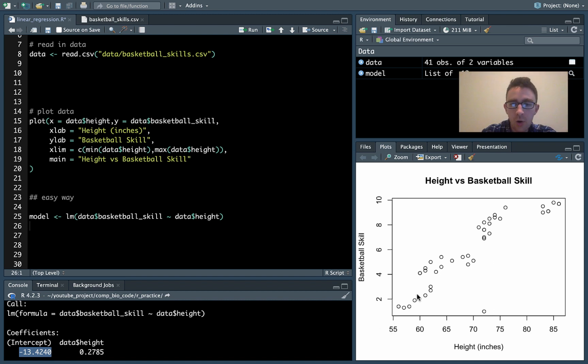But if you were to take it all the way down to x equals 0, it would intercept at -13. So yeah, that's the easy way. Then I'll show you guys also quickly how to actually unpack this model object to get these fit parameters out of it. So we can say fit b